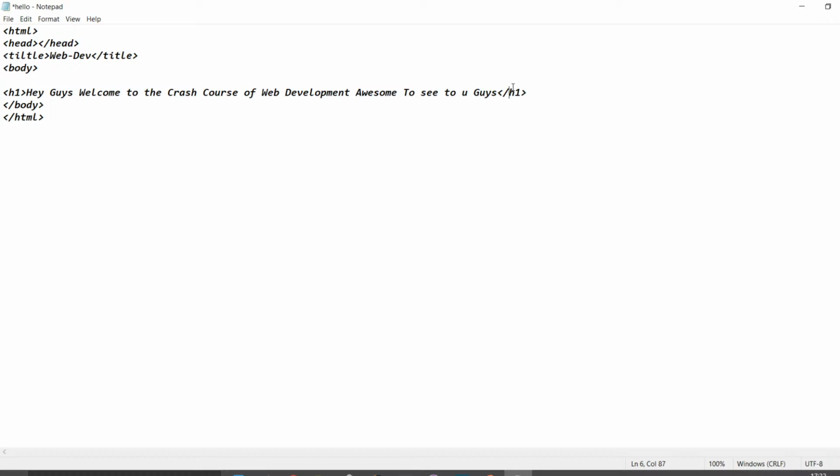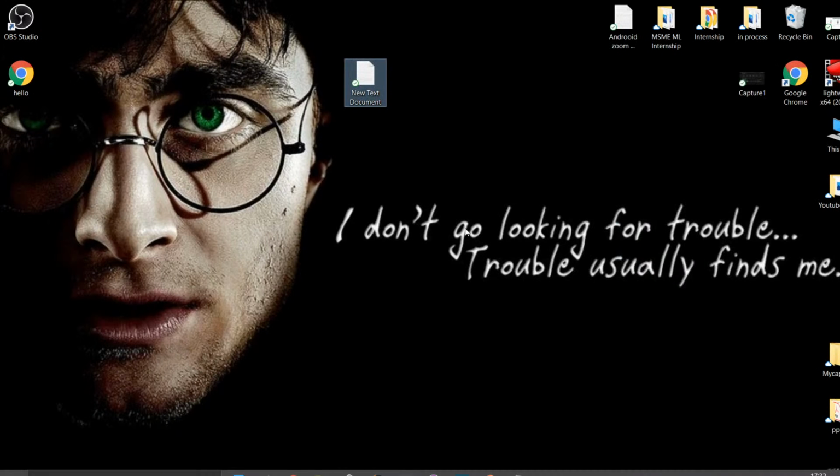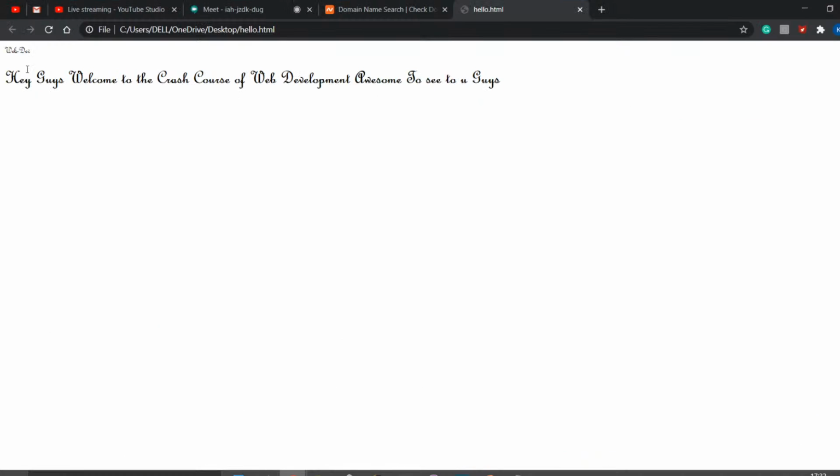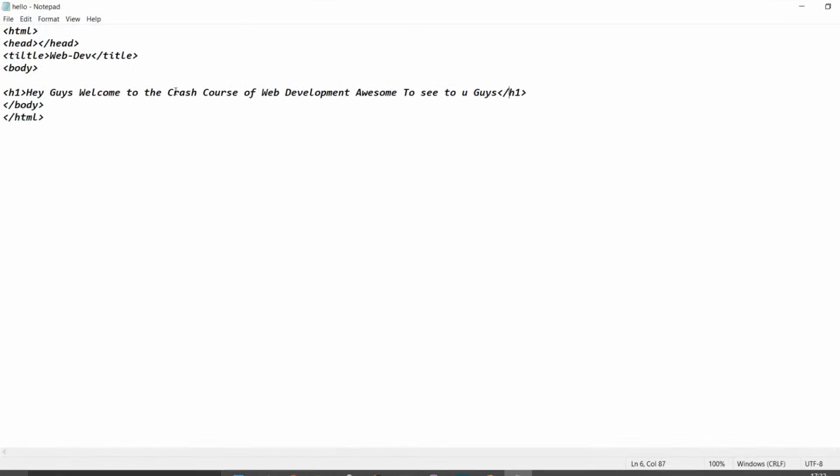Okay, I'll just save it and go to the desktop, and you'll see a Chrome browser here. I'll zoom if it's not possible here. When I visit my local server, it's saying web dev here. I'll make sure it's in the head section. Okay, title. Control X, and I'll paste it here.